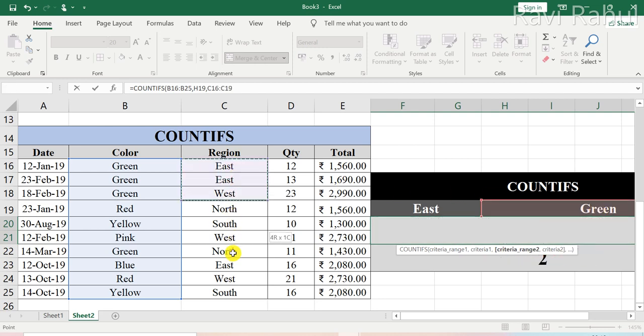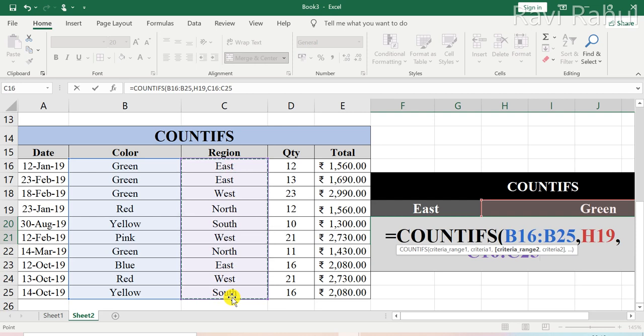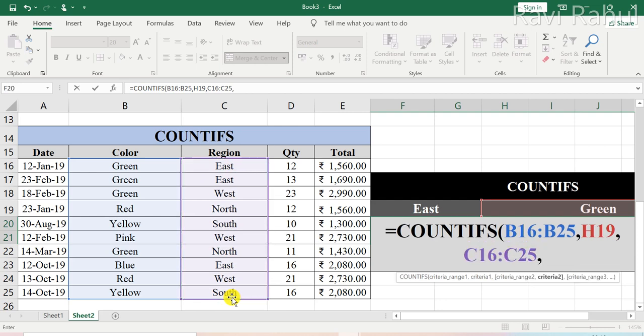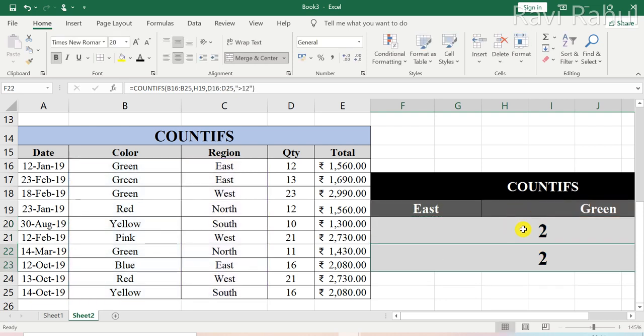That is, I want the region range to be selected here so that I can display it according to region, and select the cell that is displaying region here. I have only taken this in order to make it dynamic. Close it and hit the enter key, and you will see there are 2 cells that contain green and the east region, east as east, and green as green in the cell. There are only 2 rows that match these 2 criteria.